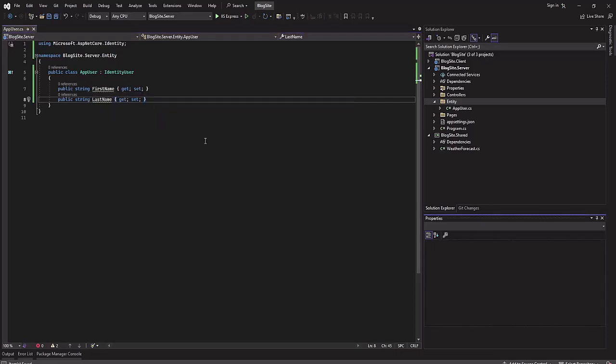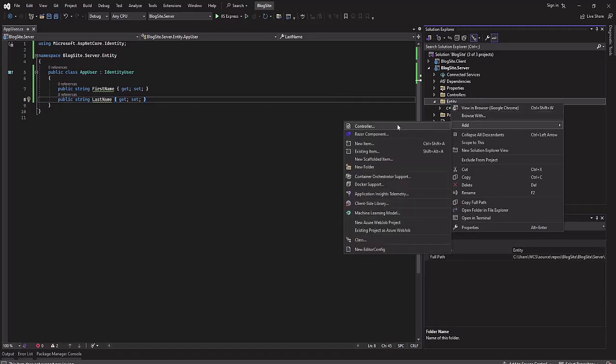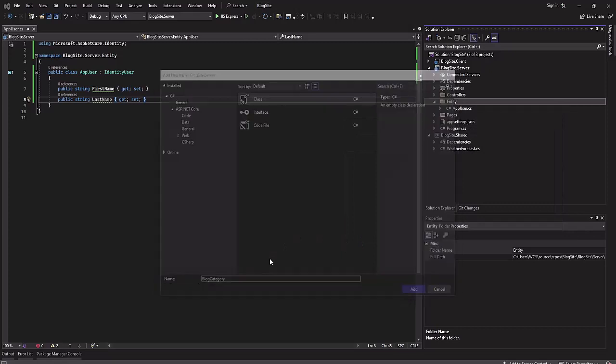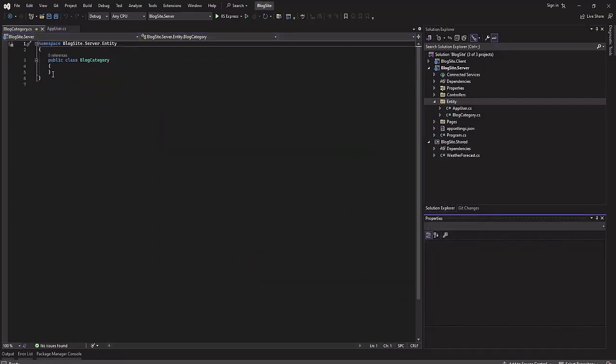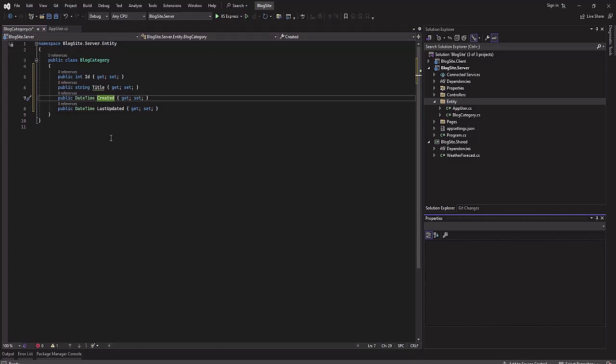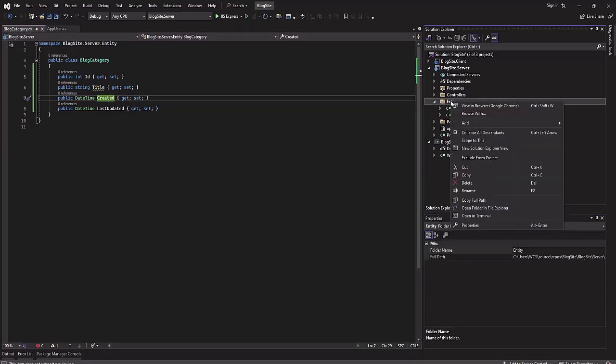We'll save this. We'll add another entity which will be for block category. So create a class called block category, and it will have these four properties: ID, title, created, and last updated. We'll save this and we will add another entity